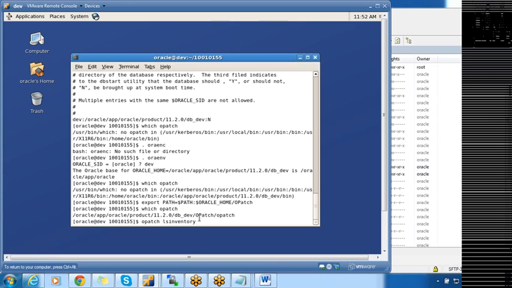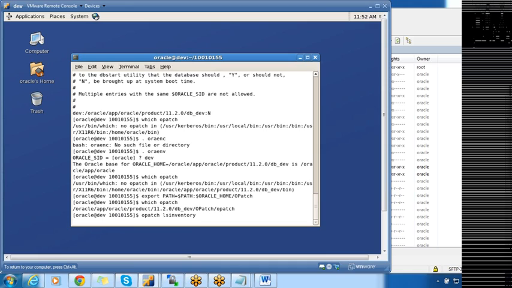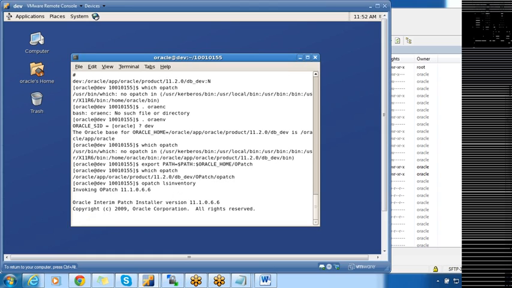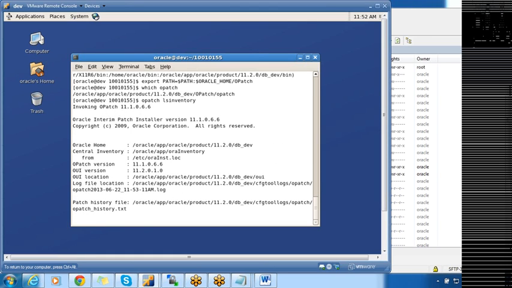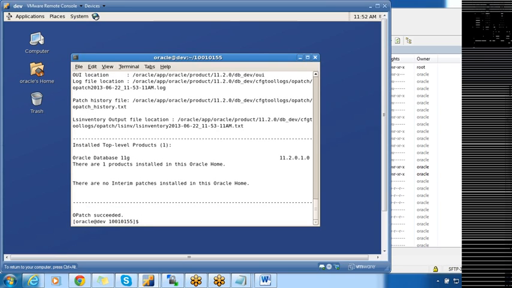This will show you what patches are applied on this database or on this RDBMS software. Opatch lsinventory is the command. If you see here, there are no patches installed.